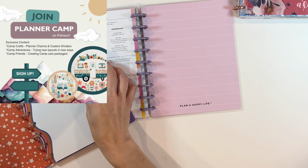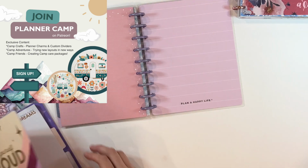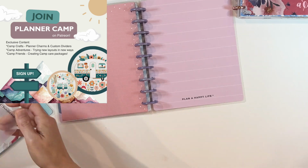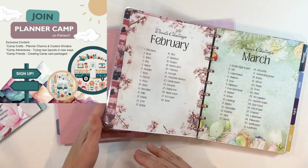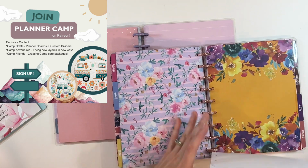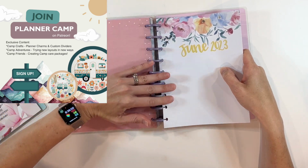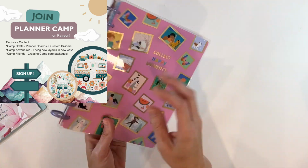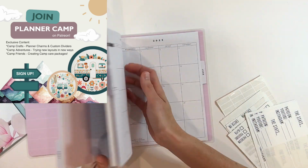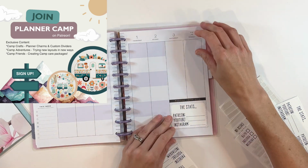So what does that look like over on Patreon? Well, we are going to have 4 exclusive videos, all camp theme around our planner. 2 of the videos are going to be called Camp Crafts, because how can you have a camp without doing crafting? And we're going to craft some custom planner charms and custom dividers that you can use in your planner throughout the year,